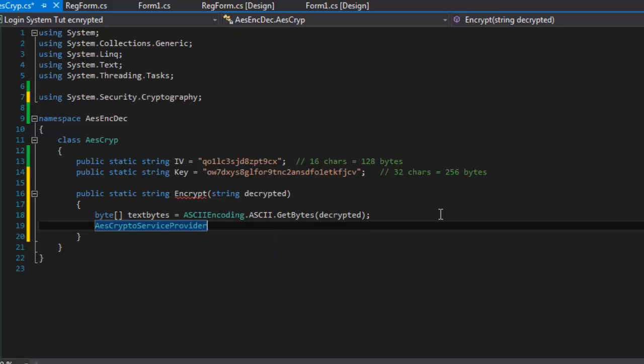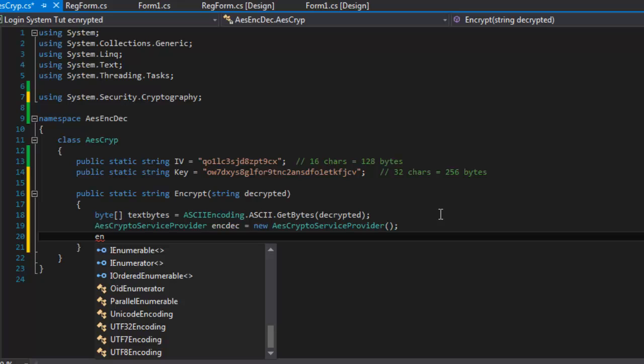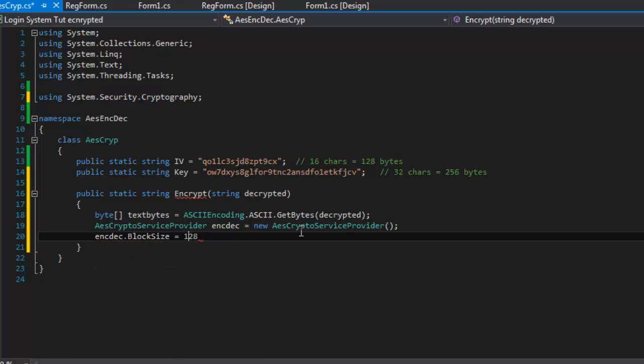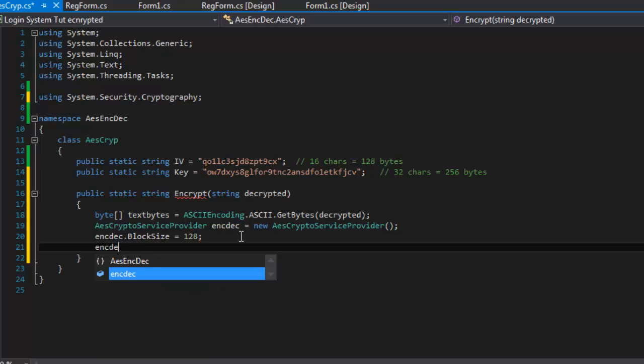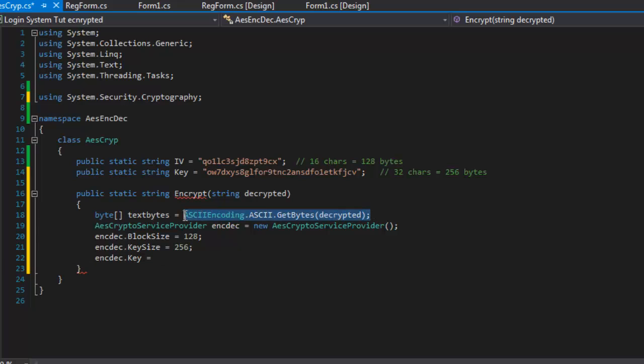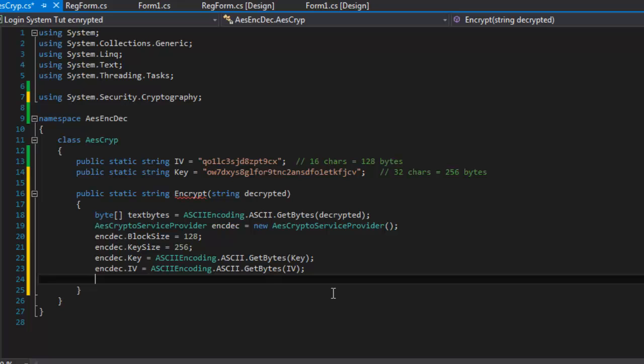Service provider EncDeck is new AES crypto service provider. Now we do straightforward stuff. EncDeck block size 128, and this relates to this one. EncDeck key size is equal to 256. EncDeck key, which is basically our key, so we'll do the same here but for key. Copy this for the IV and hit on EncDeck padding, which will be padding mode